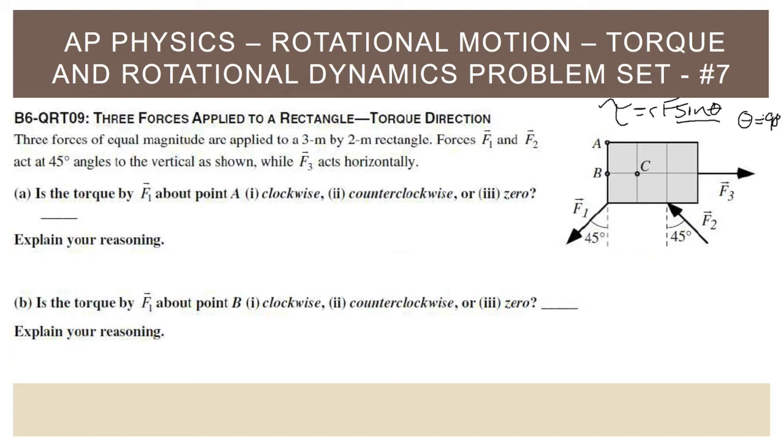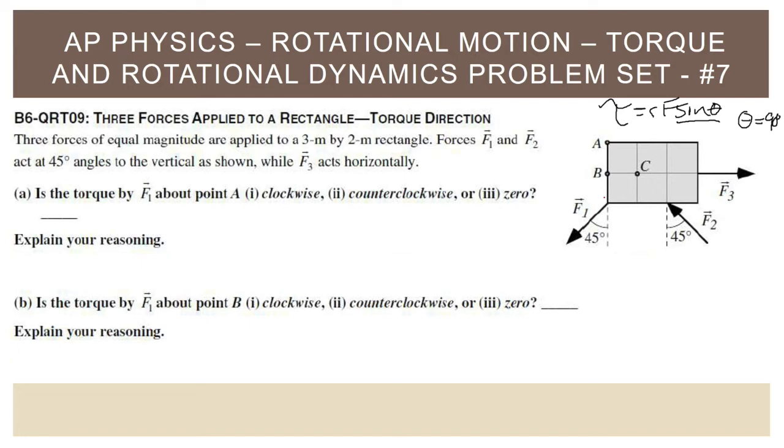All right, so as I mentioned here, the main objective in trying to figure out exactly how this works is figuring out the direction of the rotation. In these two problems, they are asking us about the torque produced by the force F1, but about two particular points, A and B. What they really mean by the torque about a specific point is if the object was rotating about that axis. If we're thinking about the torque applied to this rectangle here, for example, you can almost imagine when they say, what is the torque about point A, is if this rectangle was free to slide around,